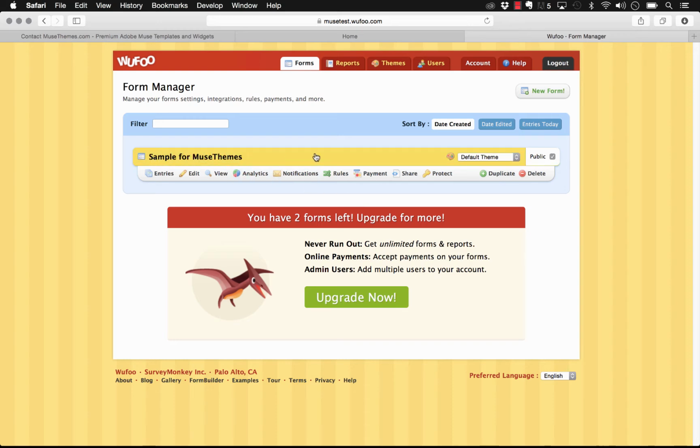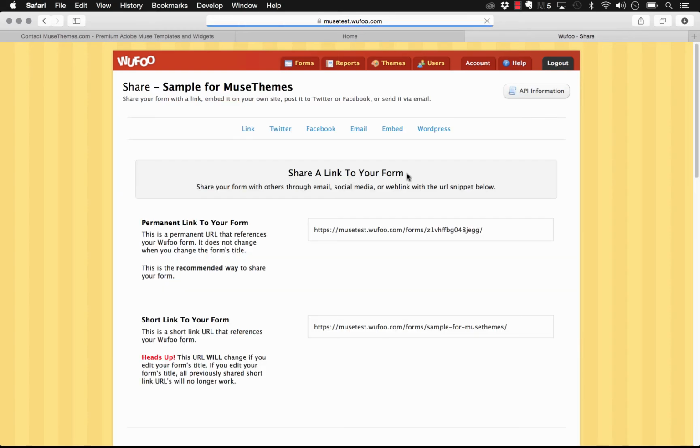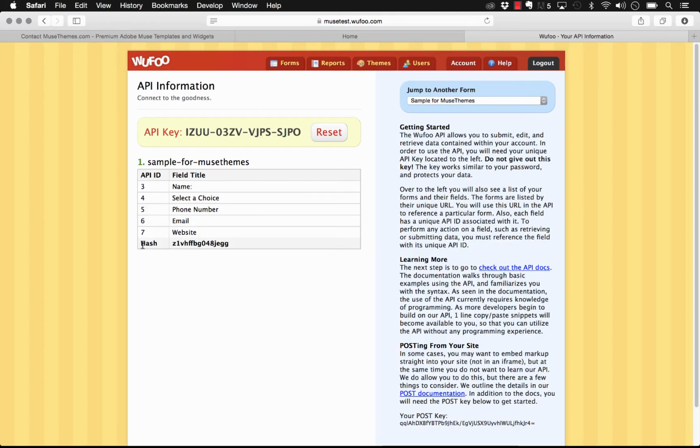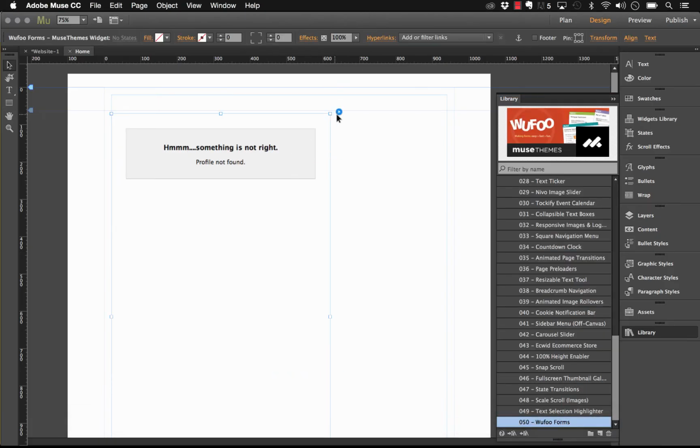So for this form, if we click on the Share button, you can see all of these ways for you to share your form, and there's a bunch of links. And this weird string in here, just like that, that's actually your form ID. It doesn't want me to really grab it from this link or this link, but if you click on this API information button in the top right, it gives you what they say is the hash, which is actually the form ID. So if we just copy that and we jump back into Muse and let's paste that in,